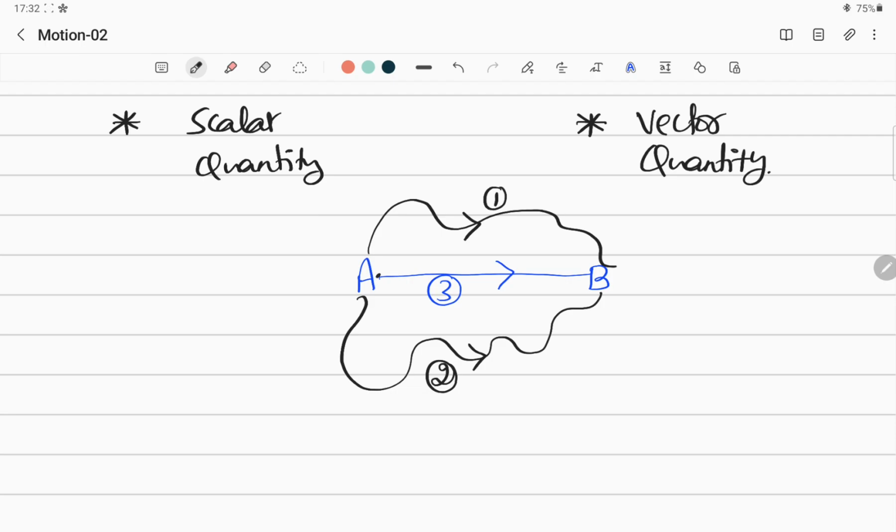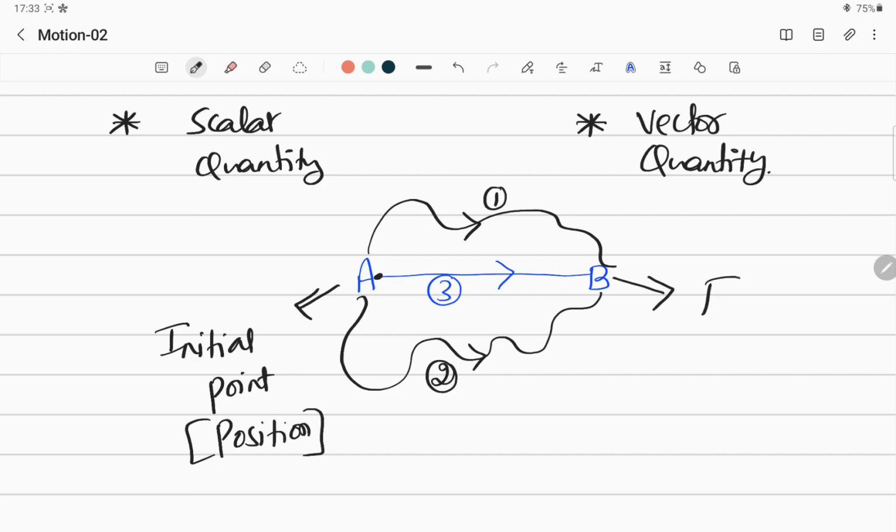All right, so this point A is also known as initial point, or you can call it initial position also. There is no issue with that. And this B is known as final point, or it is also known as final position. So that is easily understood. Anyway, whether you are going by first path or second path or third path, anyhow you are reaching the point B only, so that is the final position. So this shortest distance between this initial point and final point